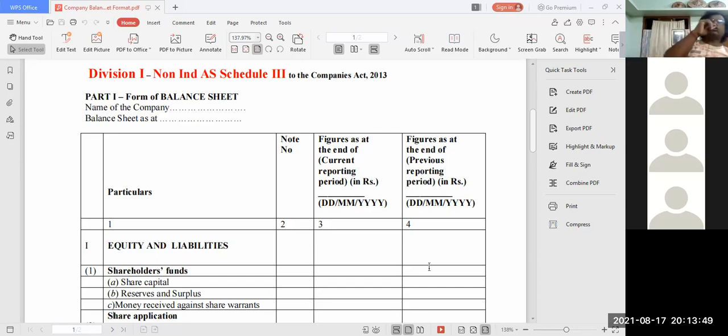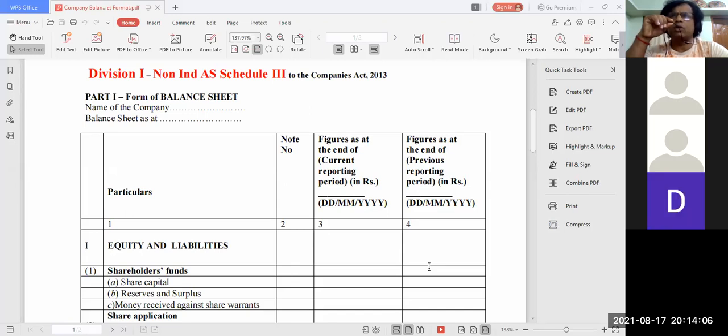But in 2001, this International Accounting Standard Committee was abolished, and in its place a new committee was formed in UK. I'm just talking very simply, so don't take stress. Just listen to this story, and the details you have to learn in BCom. In 2001, a new association was formed in UK, and that is IASB, International Accounting Standard Board.